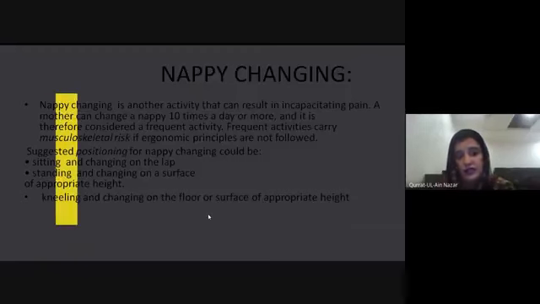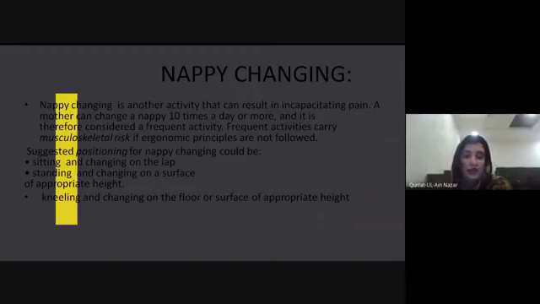In these images, you can see that the mother is very comfortable in feeding her baby. Basically, these images help us to understand how the mother overcomes the problem of feeding. These positions not only help the baby but also help the mother to get relief from the problem of back pain. Now there comes another challenge, nappy changing.